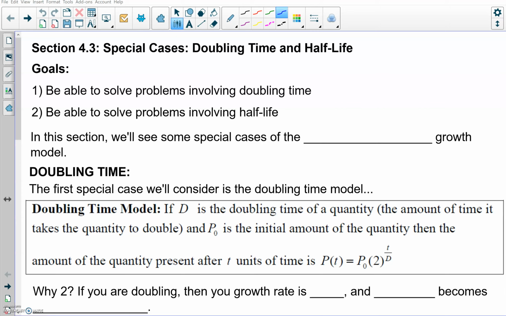So this will be situations where the amount is becoming half of what it was after a certain amount of time. And we'll approach these problems from some different ways as we go through the section, but they'll all involve either doubling time or half-life. So they are special cases of the exponential growth model we just looked at in 4.2. So for doubling time,